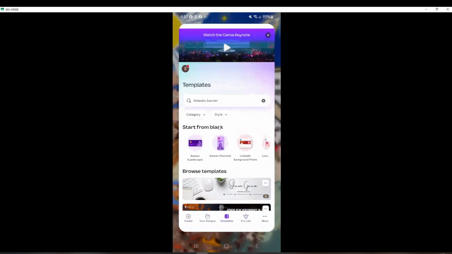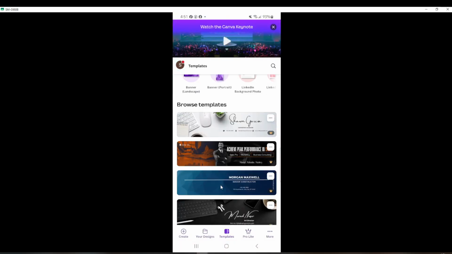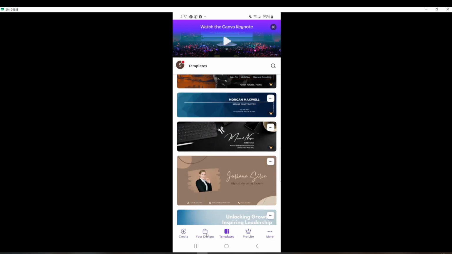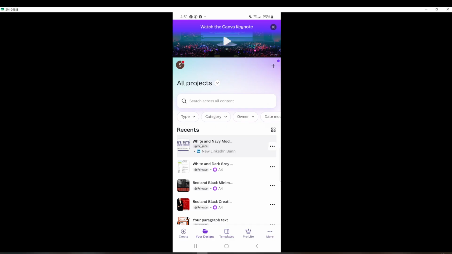Pick one that matches your style or industry and customize it with your colors, branding elements, or a short, clear message. Keep the design clean and readable. High contrast text and simple graphics usually look best. For best results, aim for a wide, horizontal layout similar to 1584 by 396 pixels so it fits the banner